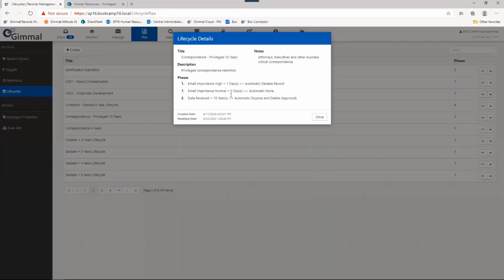emails, slightly different. Phase 1 is, we'll look and see if it's of high importance first. And if it is, give somebody a day to evaluate it. And if they don't change it, mark it, declare it a record, meaning lock it down. If it's a normal email, don't do anything, just go to phase 2. And now look at that date received, keep it for 15 years because it's privileged email, and then do a